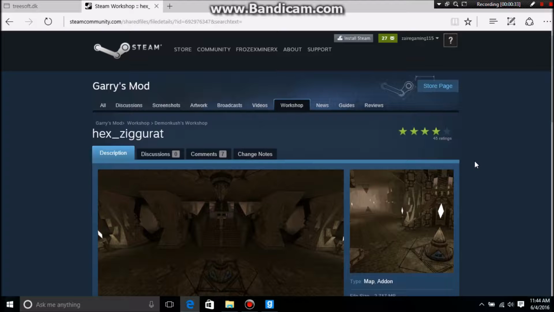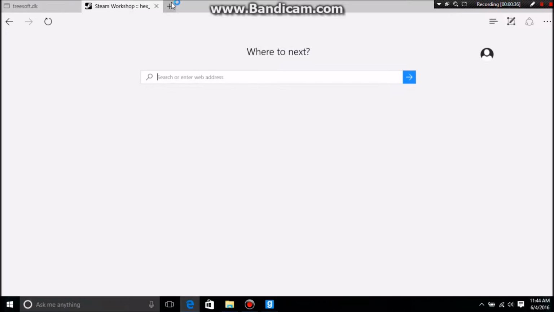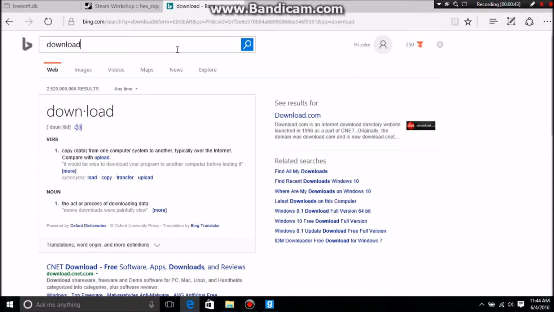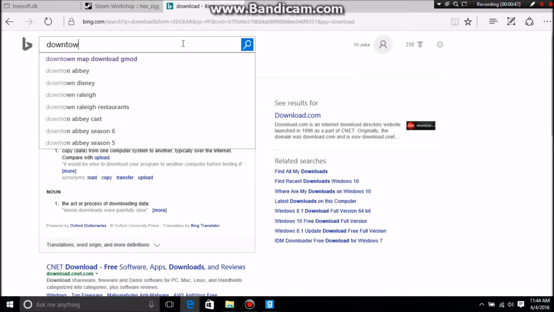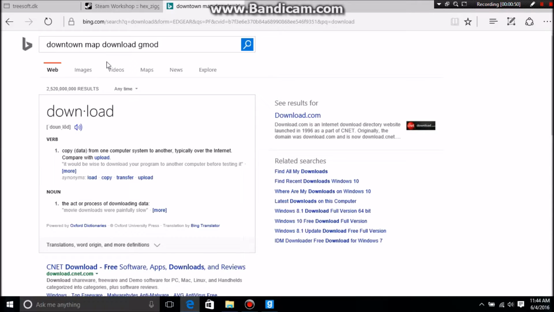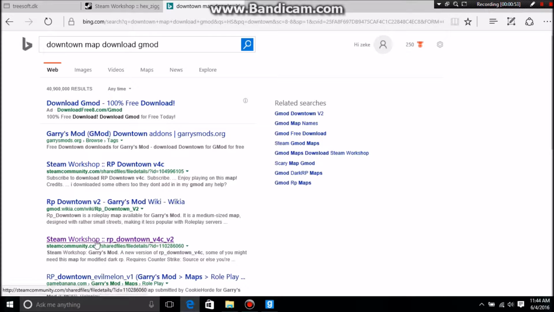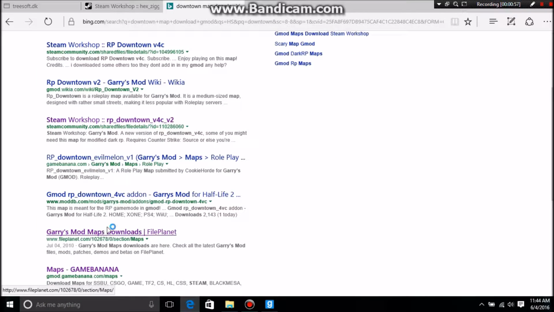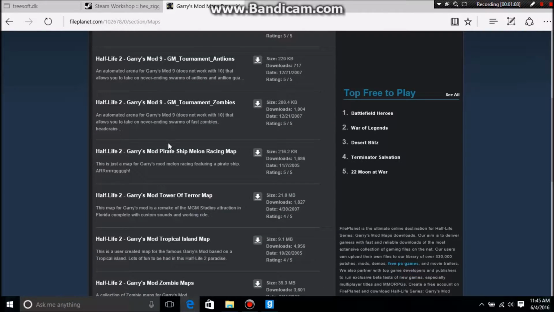Alright, so if it's not on the Steam Workshop and say you found an alternate download, like on different websites that is not from the Steam Workshop, and you decide to download this map, which I'm not going to because I don't trust this website, sorry to tell you all that, but actually I'm going to download it for tutorial purposes.